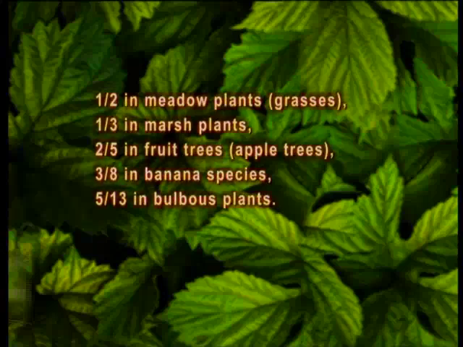If n is the number of revolutions we need to make, beginning at one leaf until we encounter another leaf at the same position, and p is the number of leaves in this cycle, then p divided by n is the leaf divergence that exists in the plant. Divergence equals the number of leaves in a leaf cycle divided by the number of revolutions. Fractions peculiar to some plants are as follows: 1/2 in meadow plants, grasses, 1/3 in marsh plants,